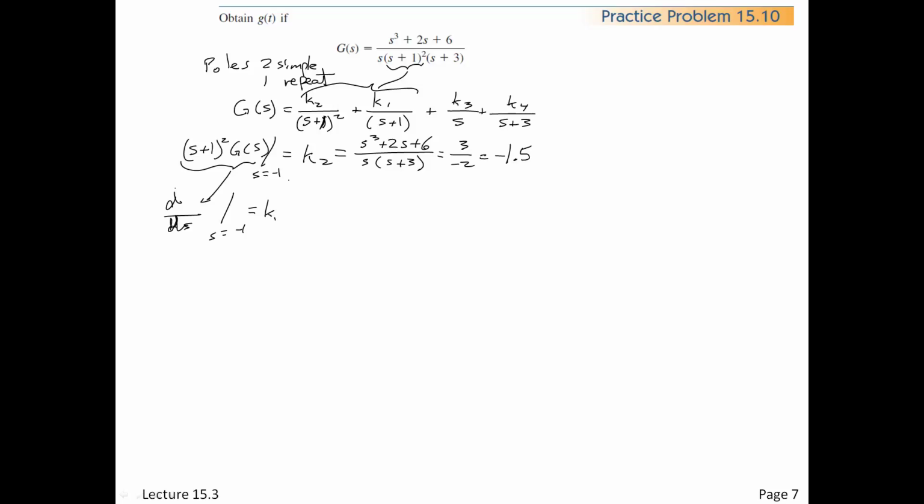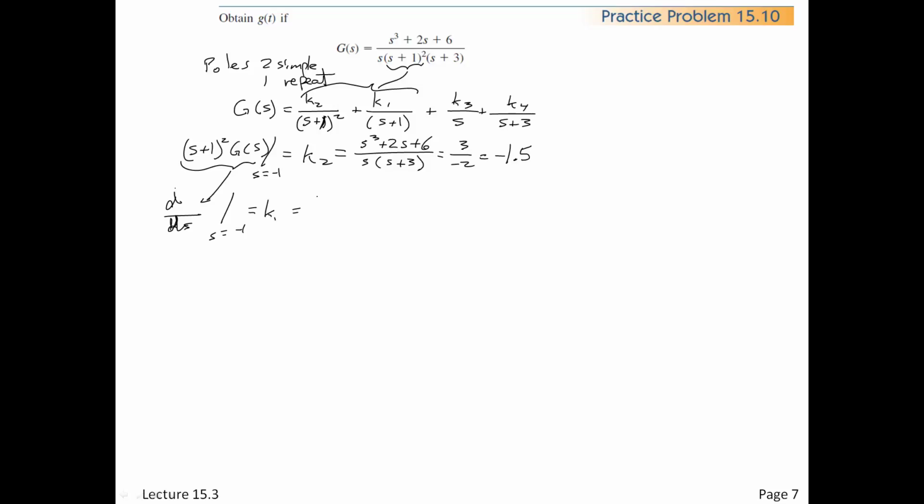So this is G of s times s plus 1 squared, so we're dropping this out. To take the derivative, we have the bottom, s times s plus 3,